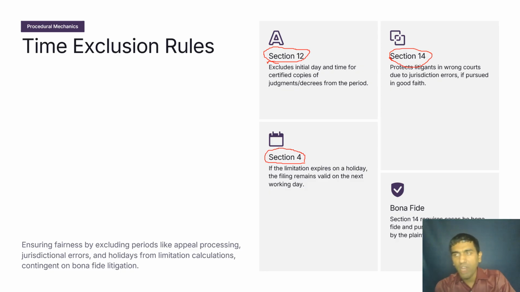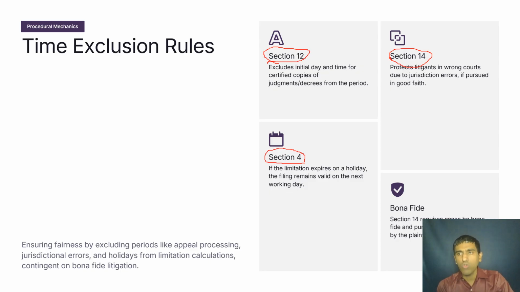So the date of the judgment pronouncement would need to be excluded, since that's the day the judgment became known. Then the court often takes its own time to deliver a copy of the judgment if you applied for it. You need a copy of the judgment if you have to file an appeal or review or revision before the court. So again, to ensure fairness,